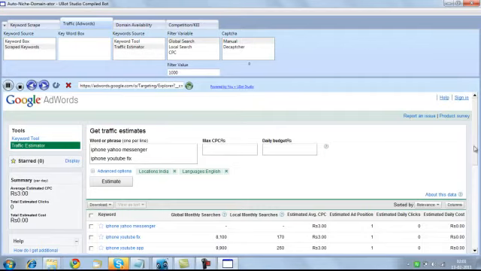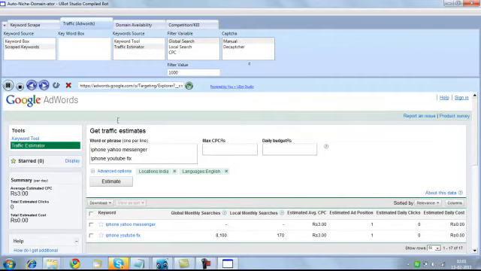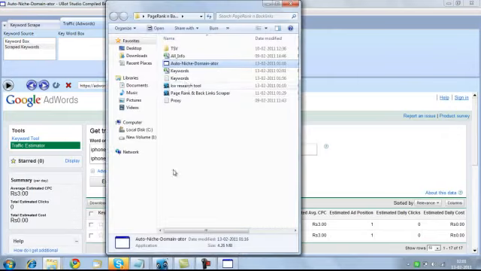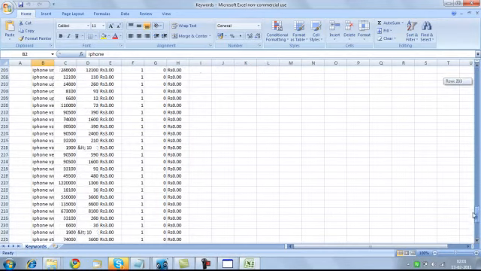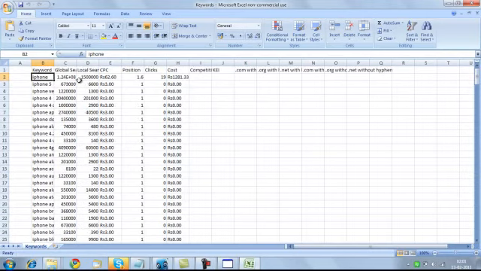So I guess this is done for the time being. No, this has completed it till the U only. So yeah, let me stop the program here, and let me show you the keyword file that it has created. As you can see, there is iPhone and all the iPhone related keywords here. Sorry, there are around 250 keywords related to iPhone, not 173. All the keywords here have the global search volume, the local search volume, the CPC, position, clicks, cost, etc. And then I'll just close the CSV file.